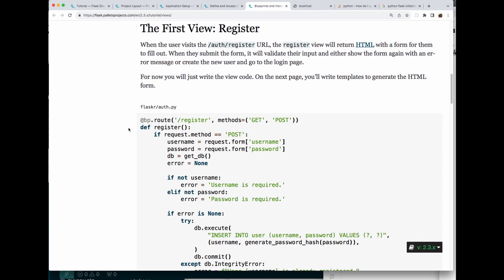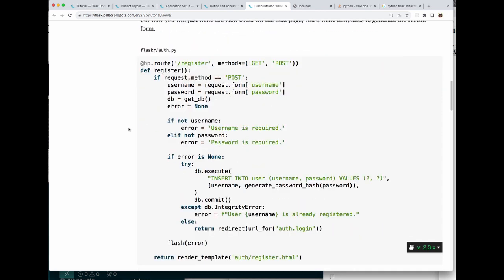If not username, then error equals the string "Username is required." Elif not password, error equals the string "Password is required." If error is None, now we're going to try to execute db.execute, and we're going to pass it an SQL